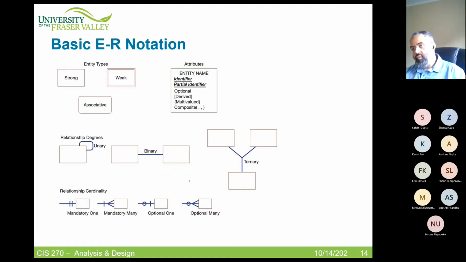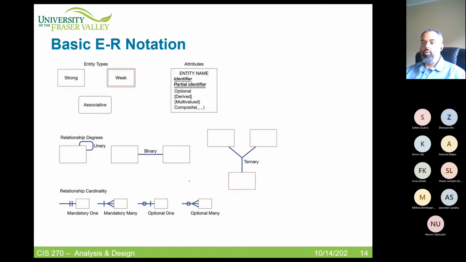Again, now we will see this different notation. Don't forget that the way you have to use a notation is a standard. You don't have your own standard. So if you are following the standard, you have to